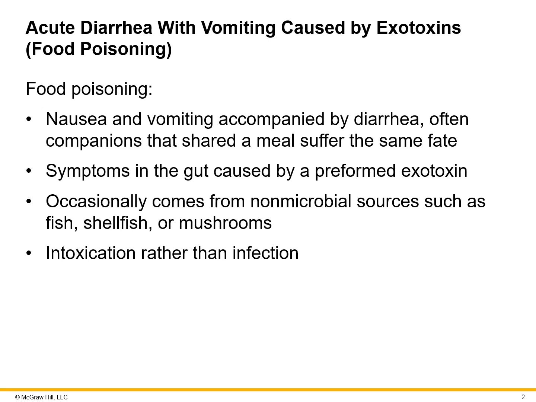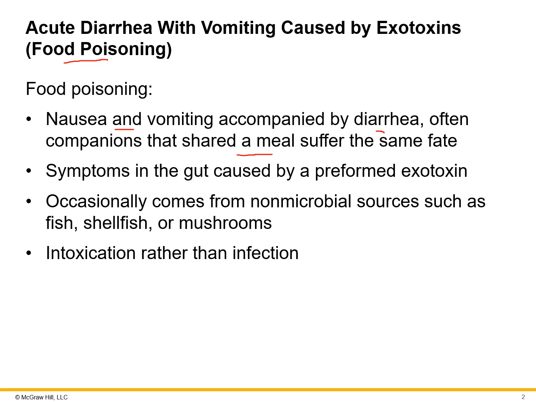The main section here is looking at food poisoning. So just some of the hallmarks and signs of food poisoning. So nausea and vomiting are accompanied with diarrhea. So again, we just covered those with or without. So these are focusing on diarrhea with vomiting, and often companions that shared a meal have similar symptoms or